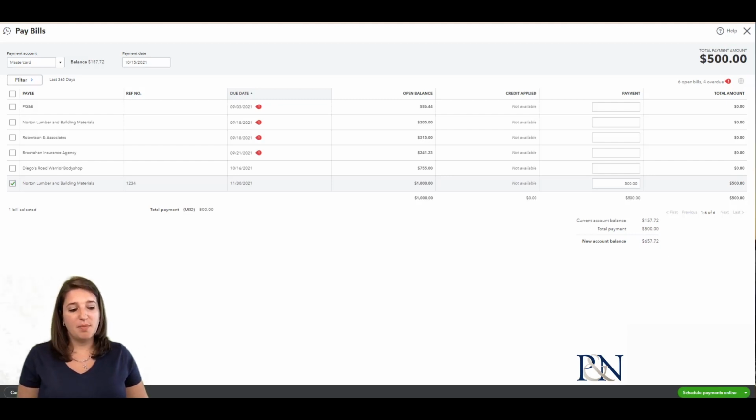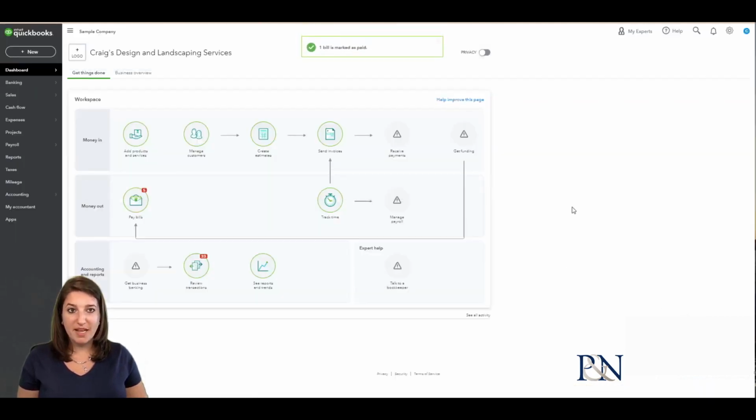Down here in the bottom right corner, you can see the option for schedule payments online. This would be if you wanted to use QuickBooks Online bill payment functionality. We are not doing that here. We are going to be initiating the payment outside of QuickBooks and just recording it in this system. Because of that, we're going to use the drop down here, and we're just going to select the option to save and close. Now that bill payment has been recorded,